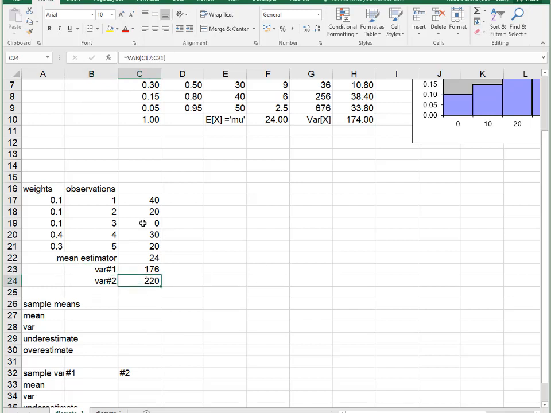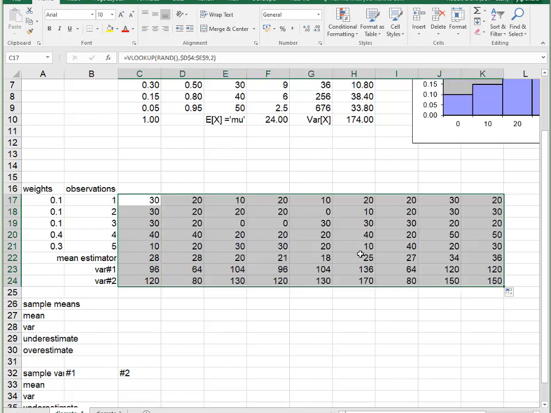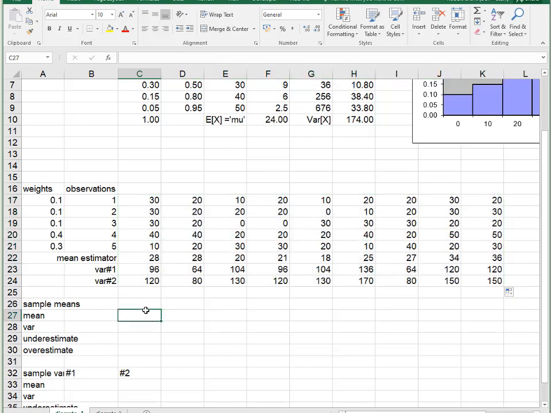What we're going to do, as before, is copy this and take loads and loads of samples, and then see, on average, do these samples get as close to these values up here? And if not, how much do they vary around these? Is it biased, and so on? Just before we do that,